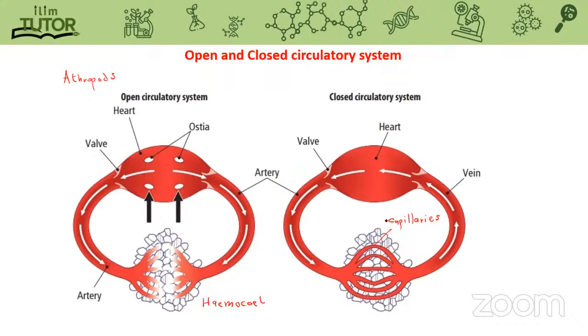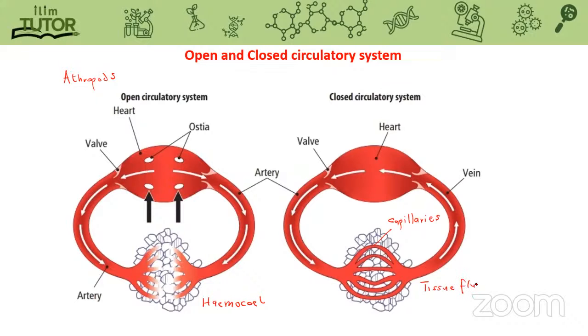Now, one thing you would easily notice from this diagram is the fact that the blood never actually makes direct contact with the tissues of the body. So what happens is you would have contents of the blood leaking into the spaces where you have these tissues, what I call the tissue space. And when the contents of the blood leak into these spaces, they form what we call tissue